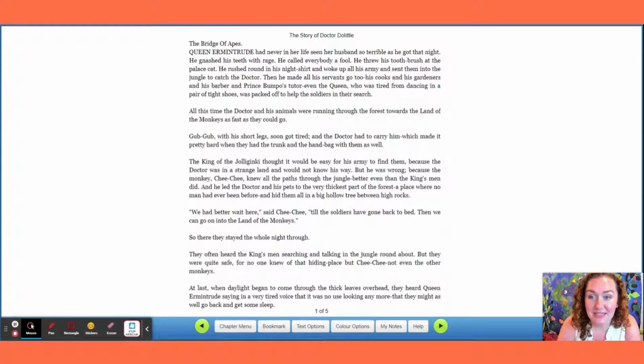The Bridge of Apes. Queen Ermintrude had never in her life seen her husband so terrible as he got that night. He gnashed his teeth with rage. He called everybody a fool. He threw his toothbrush at the palace cat. He rushed round in his nightshirt and woke up all his army and sent them into the jungle to catch